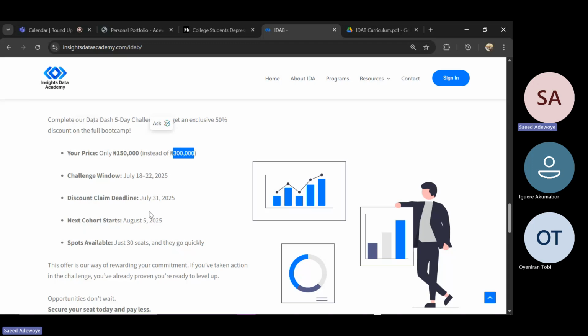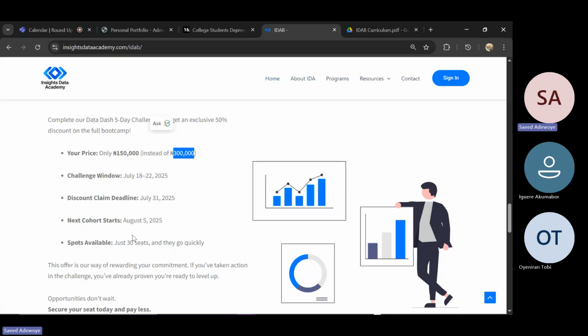Likewise, the learning is starting on August 5th of next month, as our full learning course. And mind you, one thing we cherish mostly in this Inside Data Academy is quality over quantity. The number of seats allotted to this particular program, because this is our flagship program, and we still have other programs coming behind, is only 30 seats, 30 students alone.